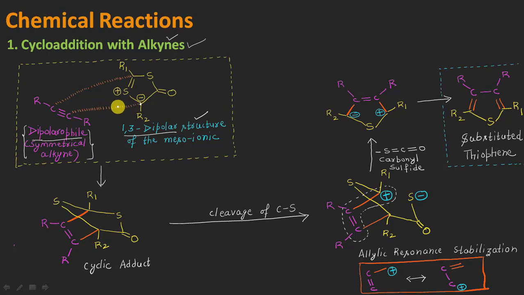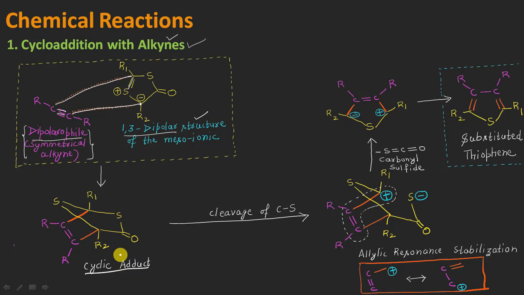So this will be interacting with this carbon atom, let us say, and then this carbon atom interacting with the positive end of the dipole, resulting in the formation of a bond in between this and this carbon here. This will now become a double bond, once again a new bond formation in between this carbon and this carbon. And moreover, this double bond will now be appearing as a single bond here, resulting in the formation of a cyclic adduct, something like this here, right?